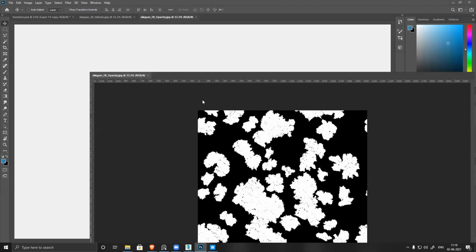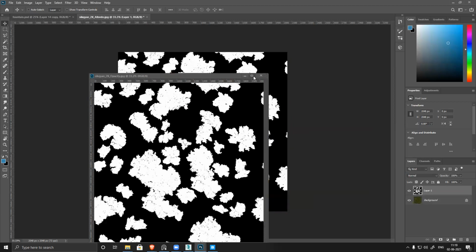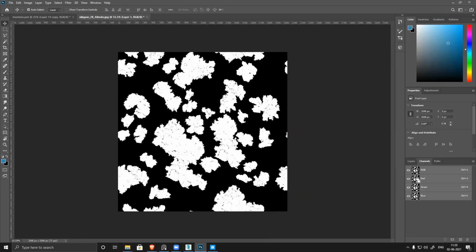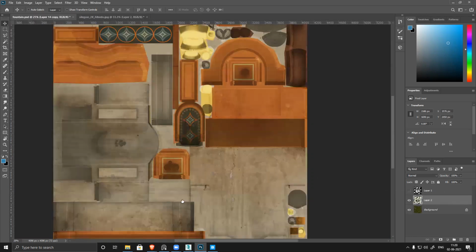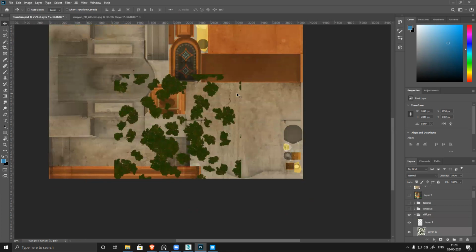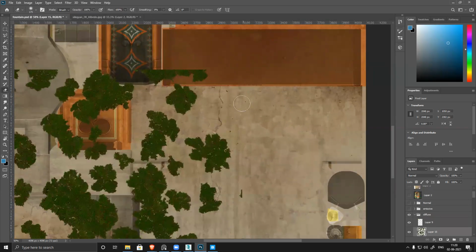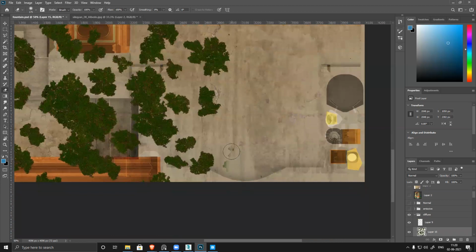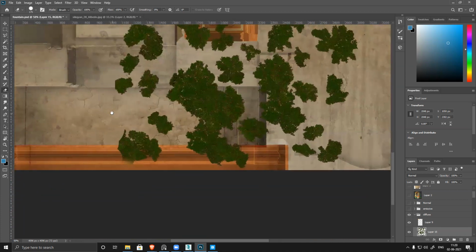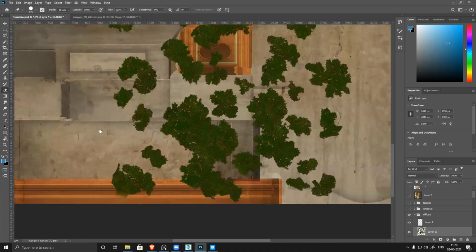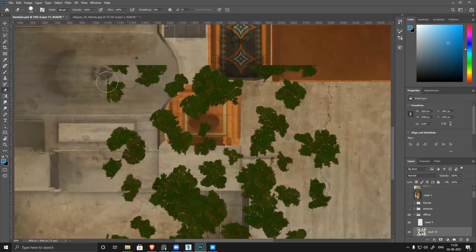Import both of them. Drag it on this. Then go to channel. Control-click on any of the channel. It will select all the black and white part and Control J. Separate the moss part and bring it here. See, I can bring it here very easily. This thing, and it's a high quality texture. Remove all the corners so that it looks clean. I'll fix it later.